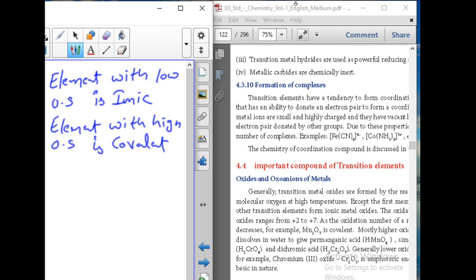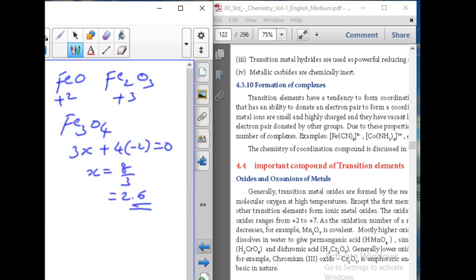And an element with in-between oxidation state is amphoteric in nature. So, in the previous example, which is acidic, which is basic and which is amphoteric, otherwise which